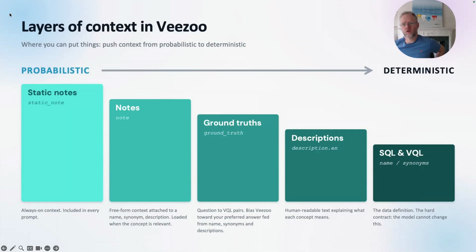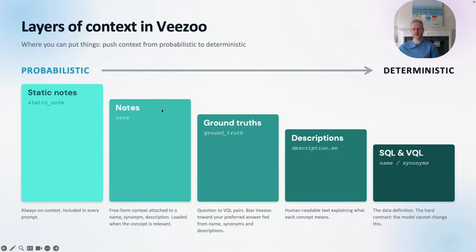So here we're looking at the layers of context within Veezoo. Static notes get set every time with every question, so it's a huge amount of context. We're good for documentation, large things, but really we want to try and push as much of that to the